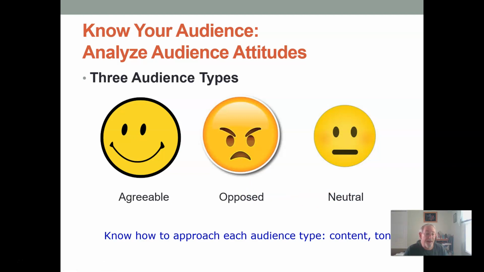The neutral audience, or the fence sitters. They straddle the line between agreeing with you or going in the opposite direction. We need the same level of evidence and facts as for the opposed audience, but we must be much more cautious with our tone. How we say things could tip the scales in favor for our request or against our request.